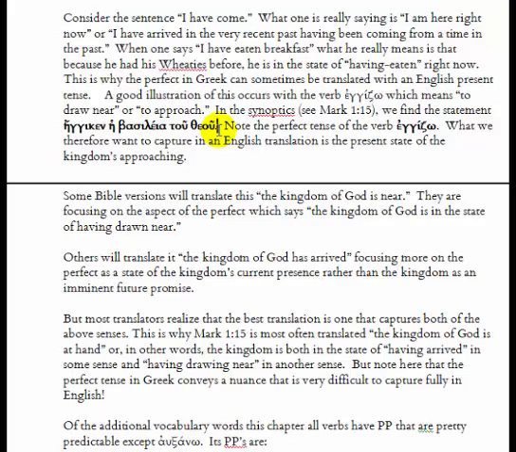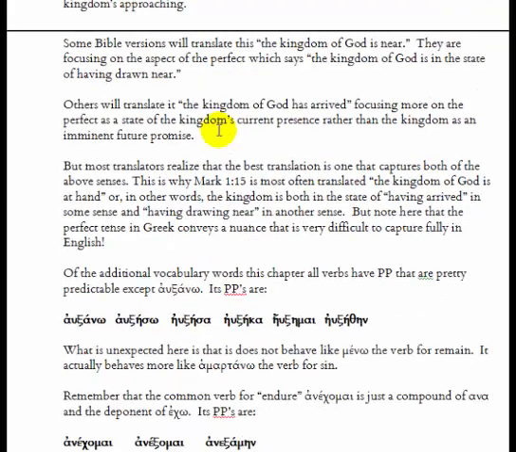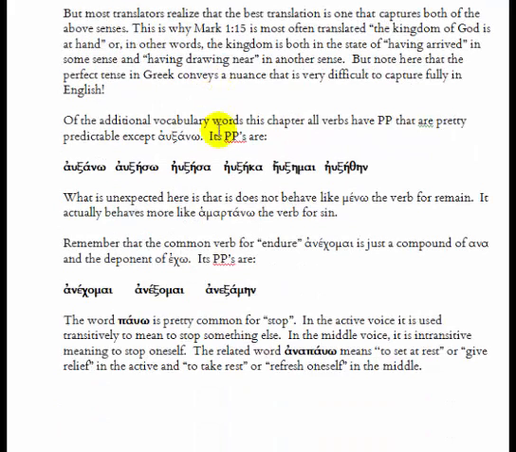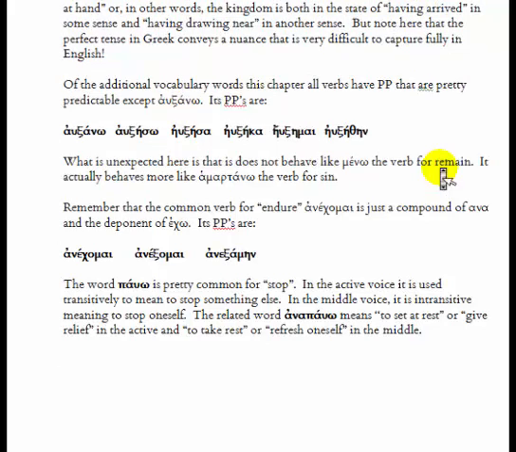Okay, so you now can enter the eschatology debate now knowing a little bit about what the perfect tense does and doesn't do. Okay, it doesn't totally solve the question for us, but at least it sort of frames the issue. So now we actually see a little bit of the problem here to sort of wrestle with, to get our mind around. Okay, we begin to see other forms here in the perfect as well. I'm going to leave you to these other forms yourself for you to wrestle with,